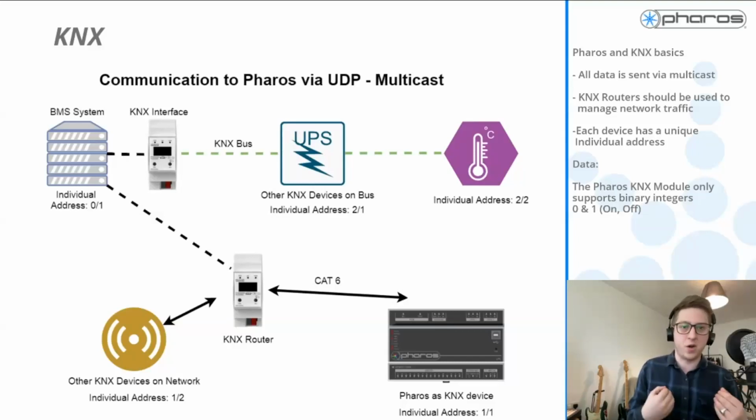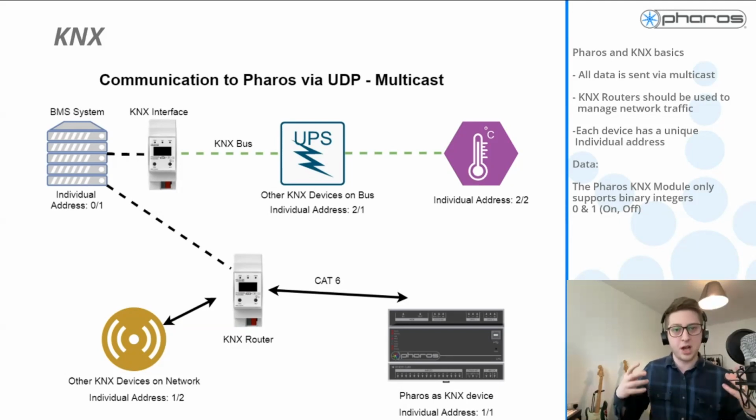Pharos obviously does not have a way to tap into that, so you will need some kind of KNX router or interface. BMS systems generally will speak to this KNX router and device, and then the KNX router will push information onto Pharos. KNX routers, I believe, can also be used to filter out certain information, which is quite important because